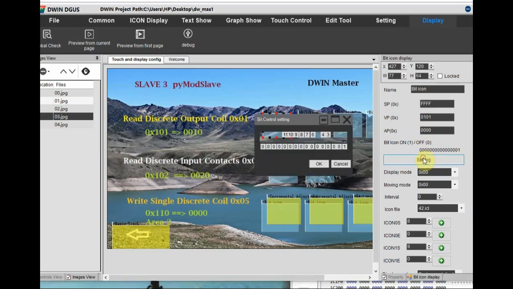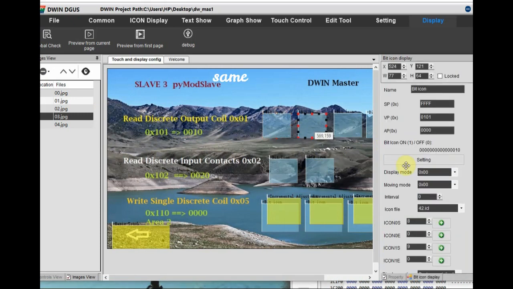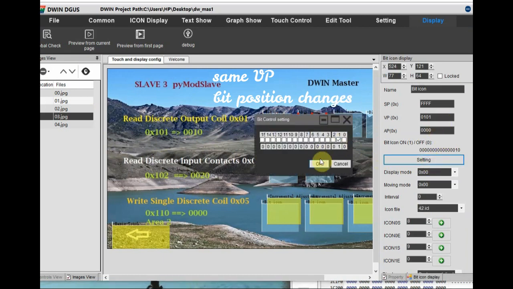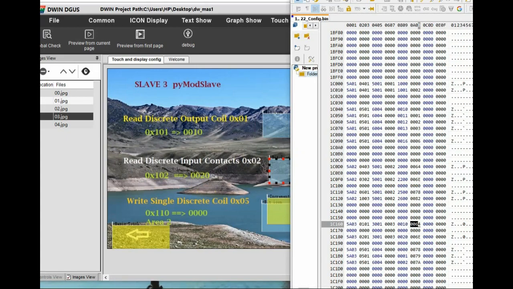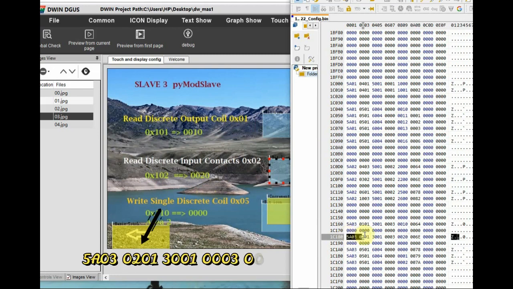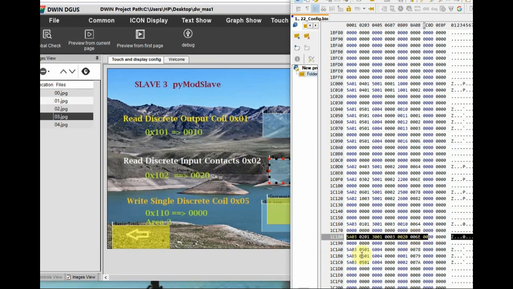And we are using 4 bit icons and only the bit position varies. The VP is same, that is 0x101 we have used, and the bit position changes. The first bit 0, 1, 2 and 3 we have used. Same way for read discrete input contacts, the command is 0x02. We use the VP 0x101 and bit position changes, 0 bit and first bit. And in the function code you can see we have used 0020 as the VP, which corresponds to the bit